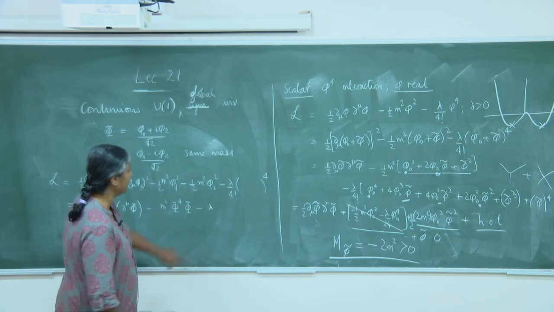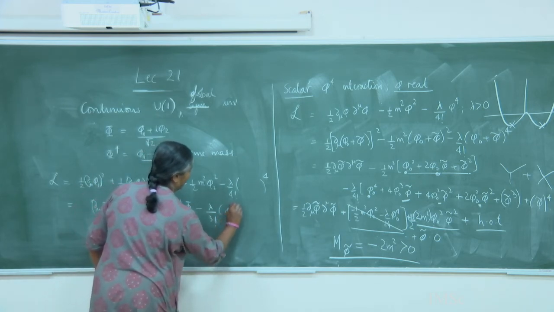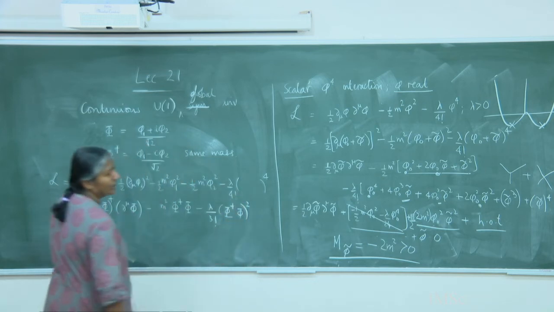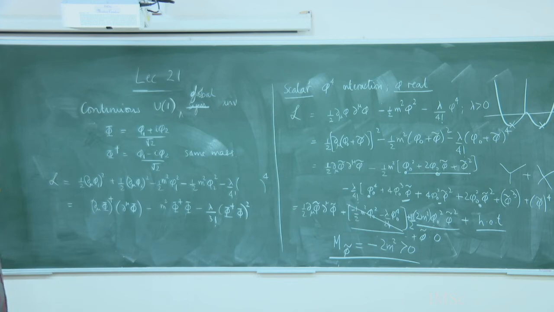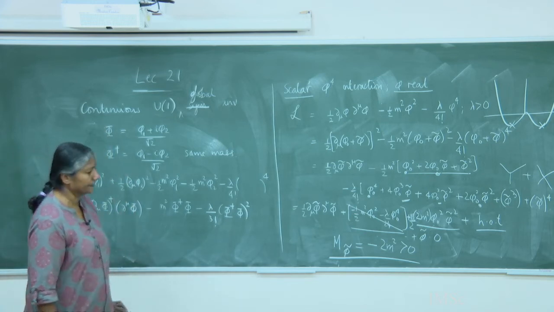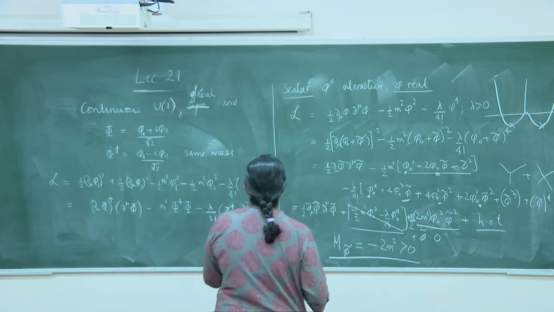So I will get a 4 divided by 4 factorial, so I will get a 3 factorial, phi dagger phi whole square. You can check this, it is just trivial algebra, okay. I have rewritten phi 1 and phi 2 in terms of the charge conjugates phi and phi dagger. Is it okay? Now you can see what this